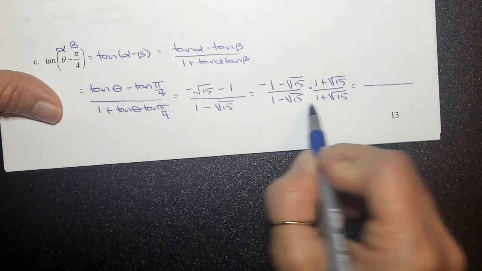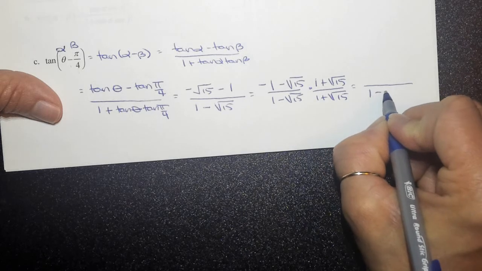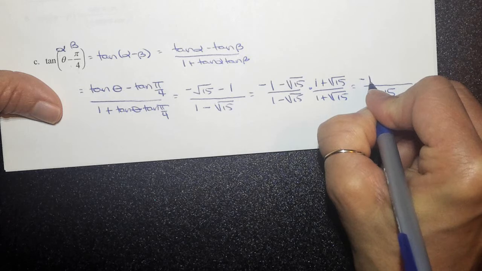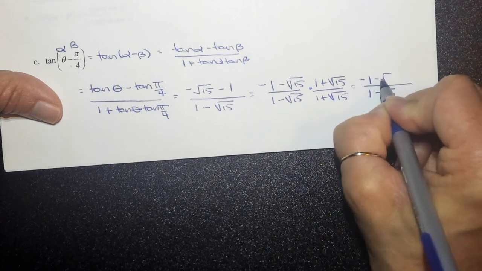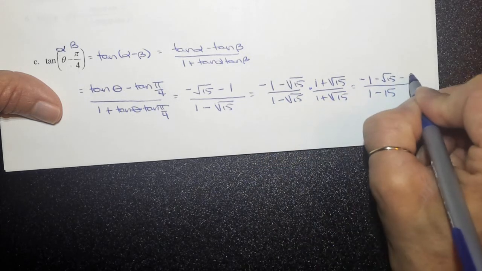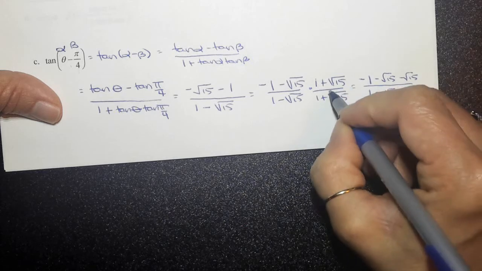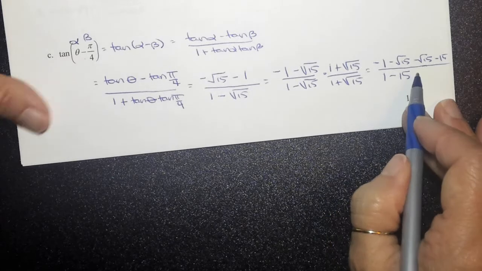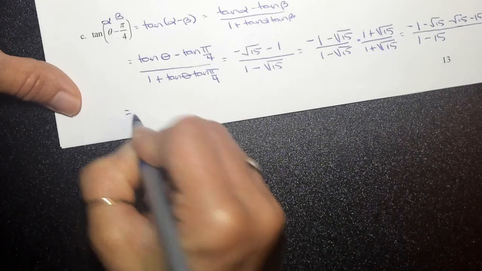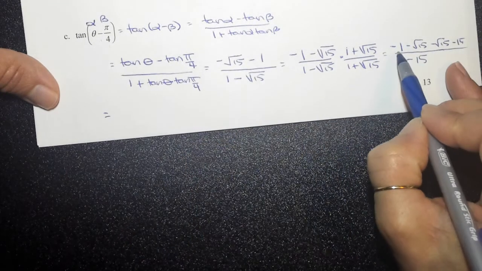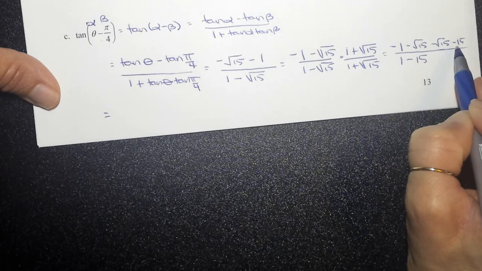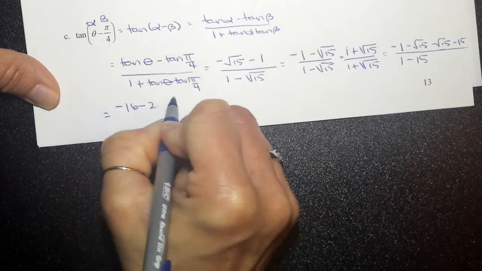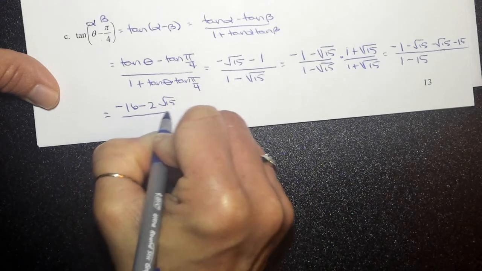Okay, so in the bottom, it's nice and easy. This is a difference of squares, so this becomes 1 minus 15. Okay, in the top, we have to FOIL. So this is negative 1, and my outer is negative square root of 15. My inner is negative square root of 15, and then my last is minus 15. Okay, so I need to combine my like terms, so I'm going to go down here. Negative 1 and negative 15 is negative 16, so this is negative 16 minus 2 square root of 15